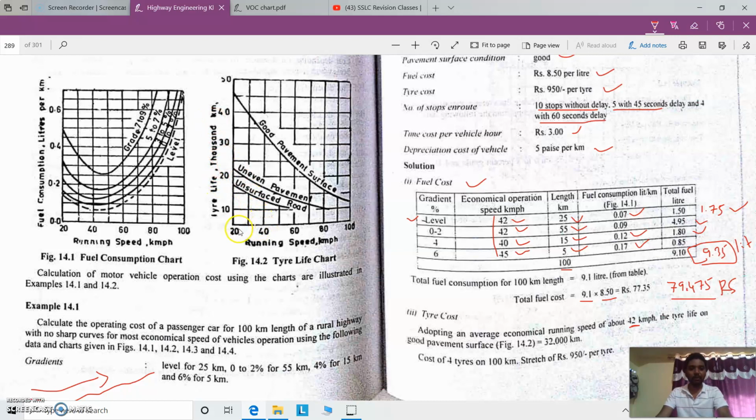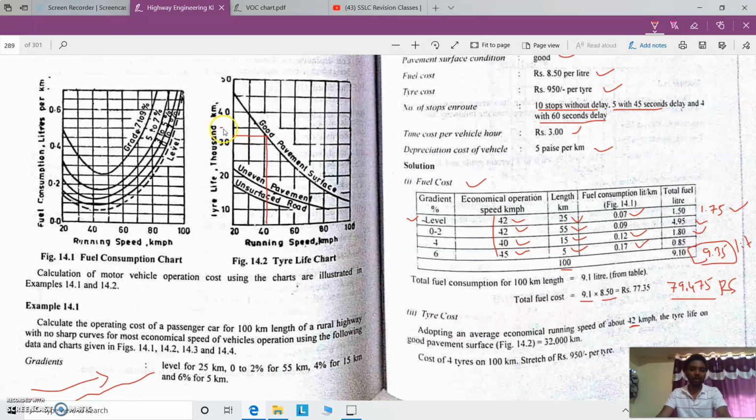For the economical speed of 42 kilometers per hour and good pavement condition, we erect this line to cut the good pavement surface, and then carry it across to the y-axis, which gives the tire life in 1000 kilometers, and it is read out as